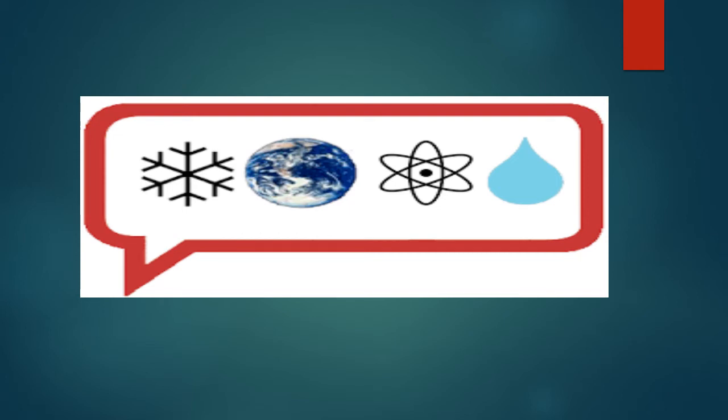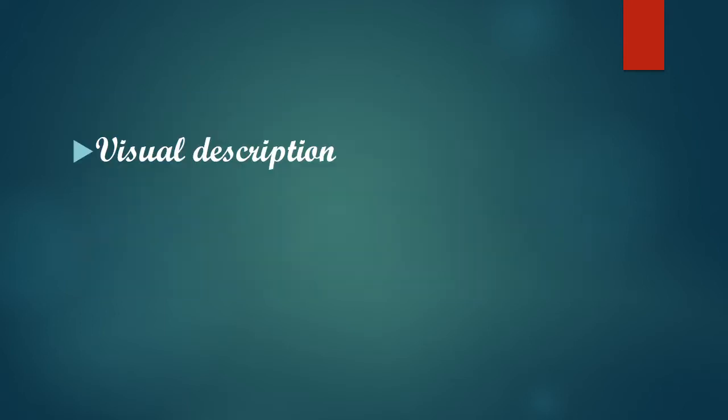Today's class is about visual description. Don't panic. This is called a visual. If you get this kind of visual, how are you going to represent it in verbal form, that is, your content? Modern communication relies partially on pictures, photographs, caricatures, cartoons, etc. So if you get an image, how will you convert it into content? That is called visual description.